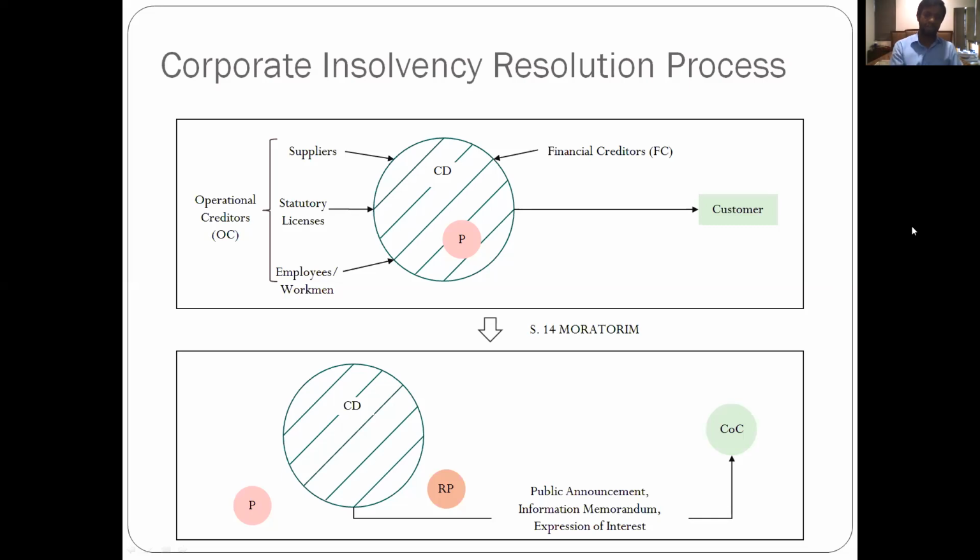Provided there is a default and the court has seen from the record or from the information utility that there is a default, they will admit you. Now, this arrow that you see as Section 14 moratorium is a one-way stage. Think of it as entering the deep end of the pool. Once you are in the swimming pool, you have to cross over to the other side. There is no going back. There is, of course, one exception to this rule, but once a moratorium is imposed by the order of the court, then there is no heading back.